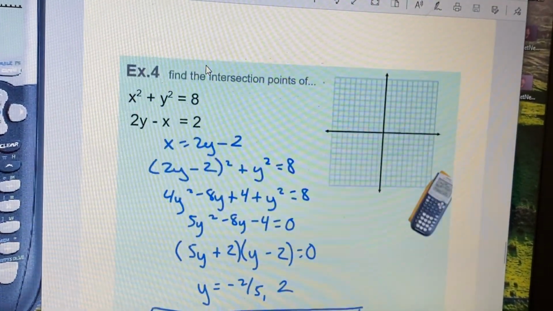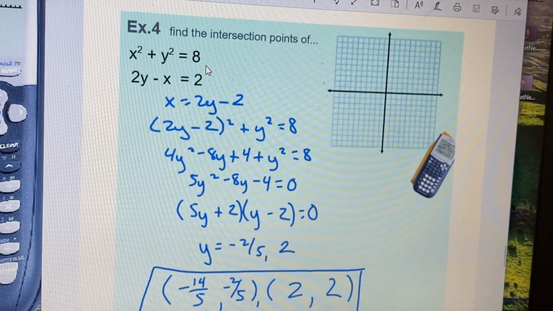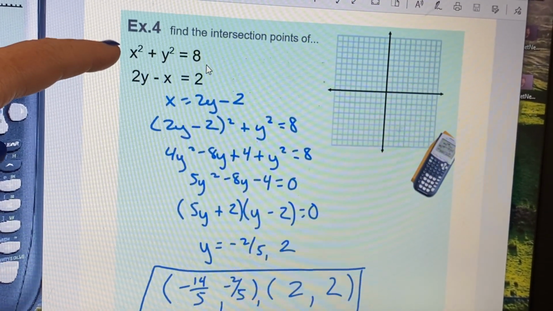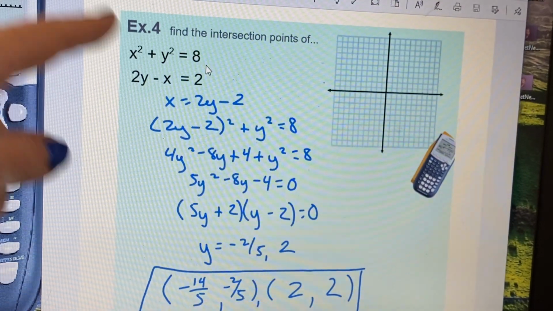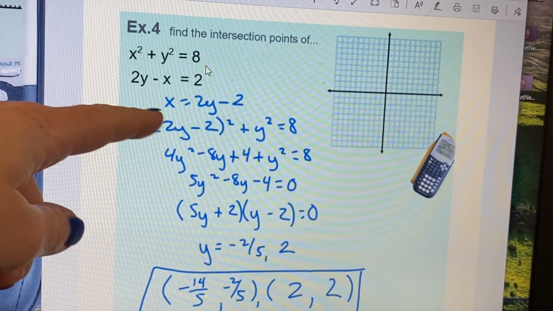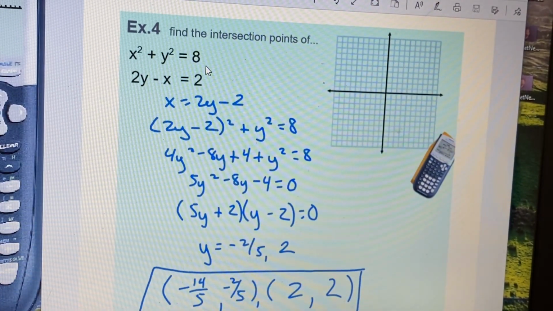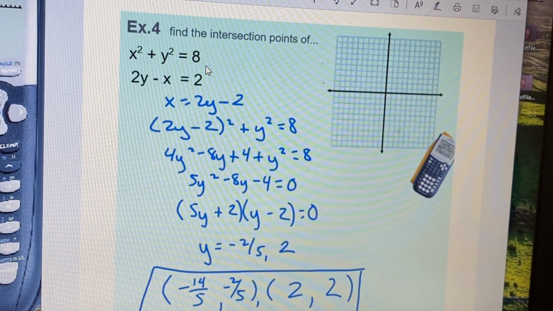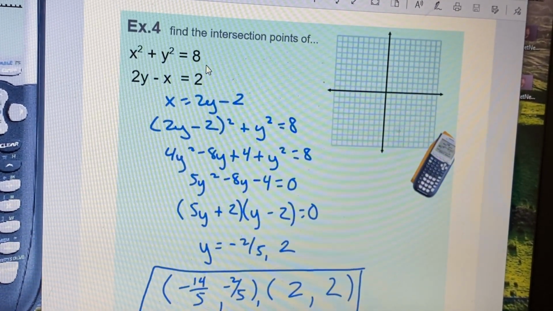And the last one, I'll just show it to you. Okay. So a circle here and then a line. So I solved this one for x, plug it in, and again, it's not too messy. So you can pause that and write these down as you wish, but use these to help you with the